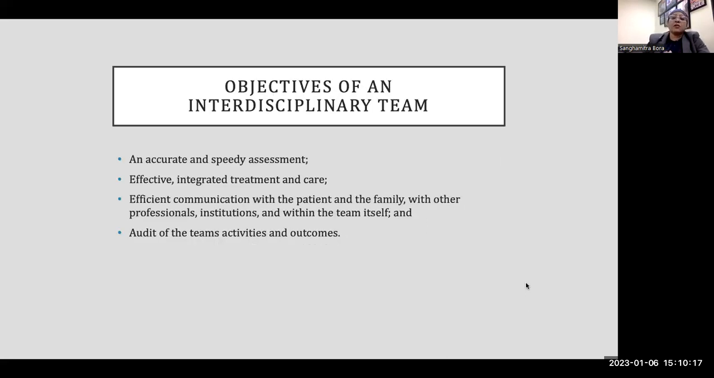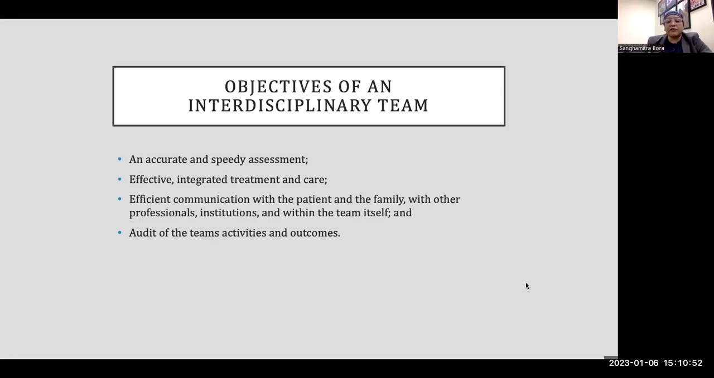So what are the objectives of an interdisciplinary team? First, an accurate and speedy assessment. When we say assessment, it is assessment of the person, of the patient in question. At the same time, assessing the family also. We do not generally take out the family and work only with the patient. The family is also included. And then finding an effective integrated treatment and care,